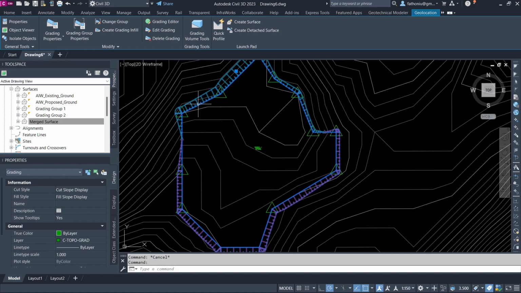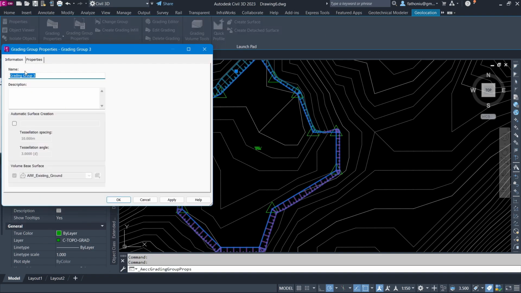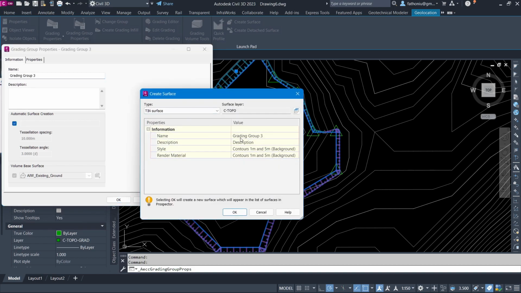So what we need to do, after we select the grading that was already created, is go to the contextual tab for grading, which will be available, and then you select the grading group properties, and the name is grading group 3. You can see here automatic surface creation is not selected, so you select this one, and then thin surface style.